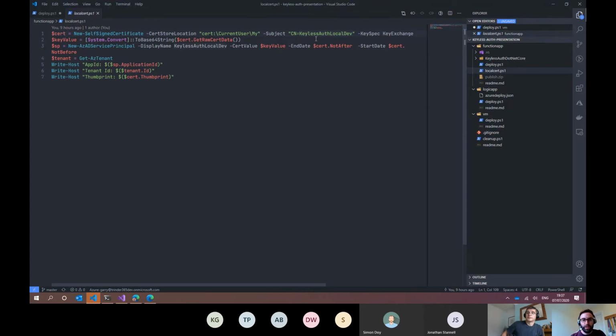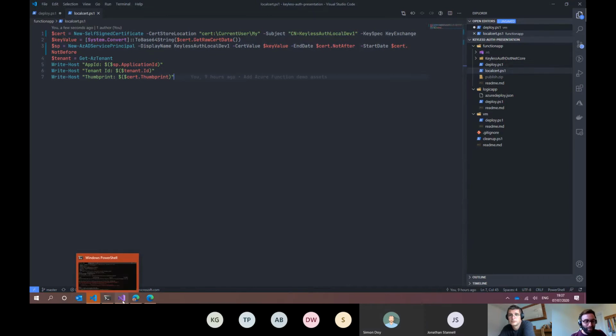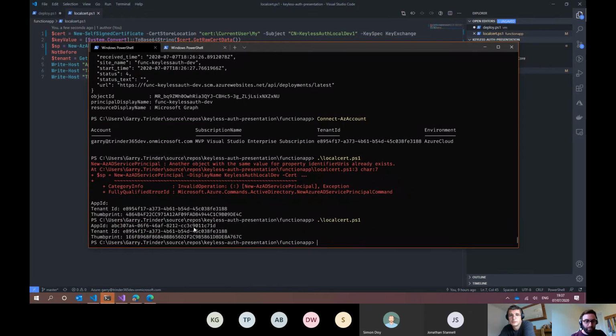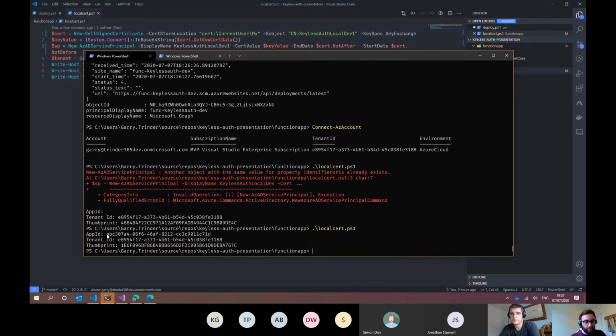So what I can do is do the really hacky way. Yes. Okay. Just put 1 at the end, and then that'll be different. So let's run that. Yeah, there we go. So that one's created it. So I can take these values, the app ID,